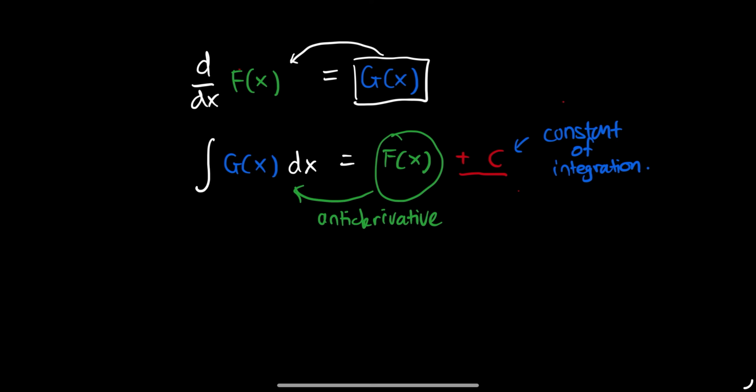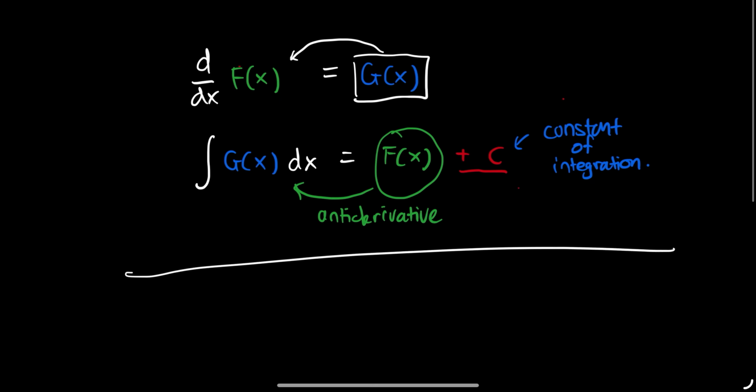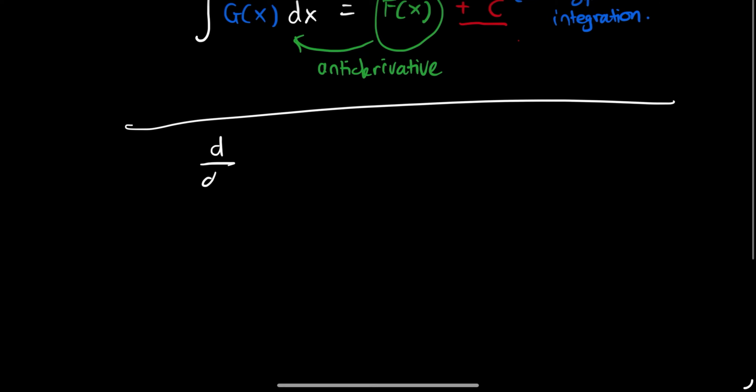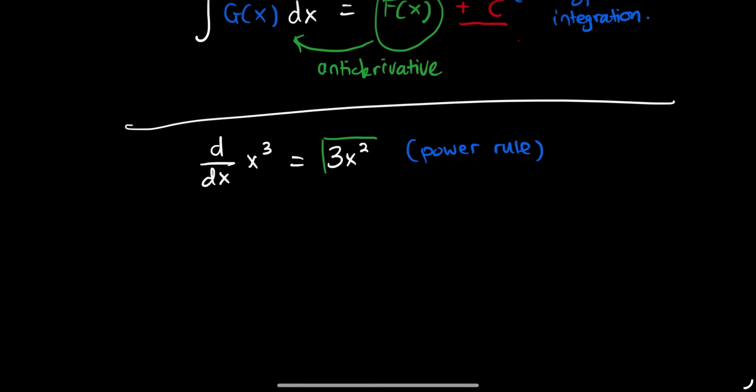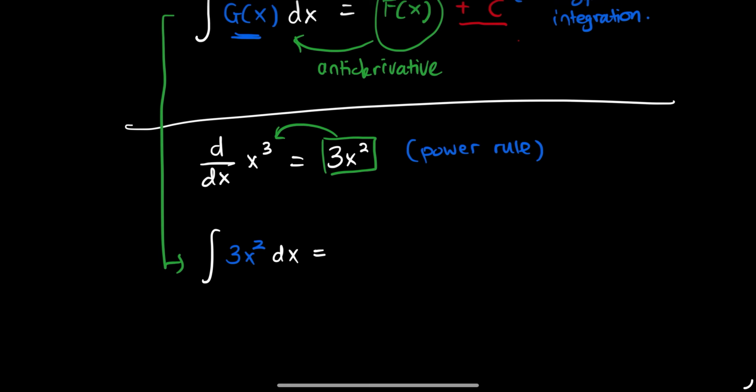Simple. But what is this notation? Doesn't make sense. I think I can cover that in an example. So now let's say you know that d over dx of x cubed is 3x squared. For this one we can use the power rule, right? So now there must be something that brings 3x squared back to x cubed. So by using this formula we just got, I'm going to integrate, in this case g of x, 3x squared dx. It gives me x cubed